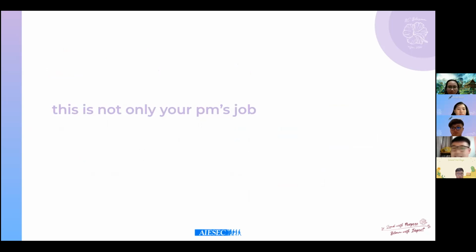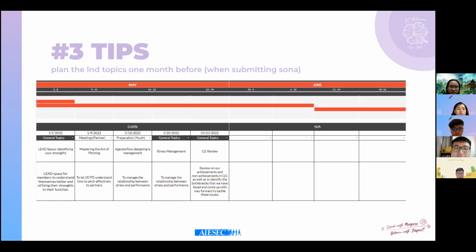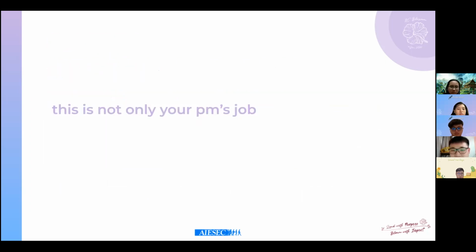Because at the end of the day, as I mentioned just now, we want to develop young people. And these are the things that we are also developing our members with. So don't ever think that this is just a PM job, but wearing an EB hat, making sure that all these things are actually being implemented down in your department, so that you're able to drive your performance together with your people, with your well-built competence or good experience among your members, to drive the 1,000 youth experience